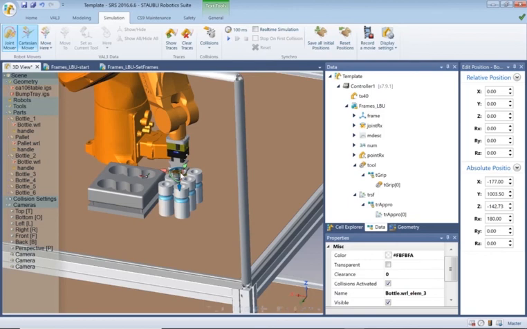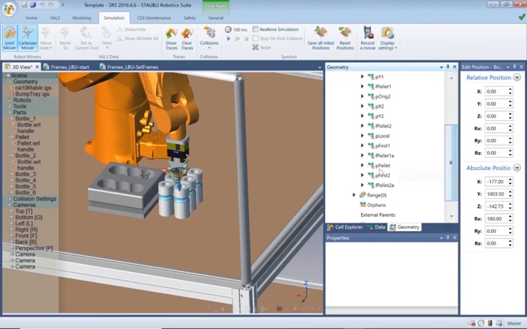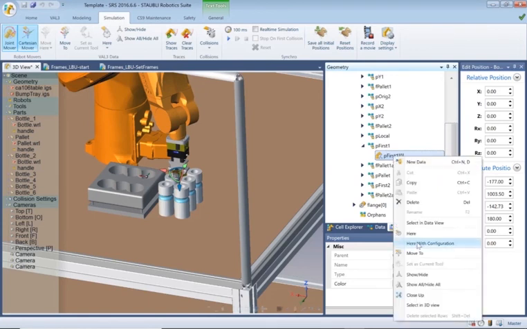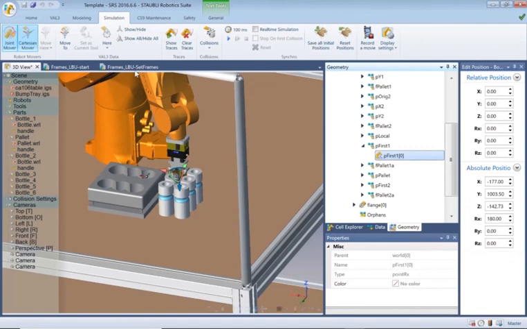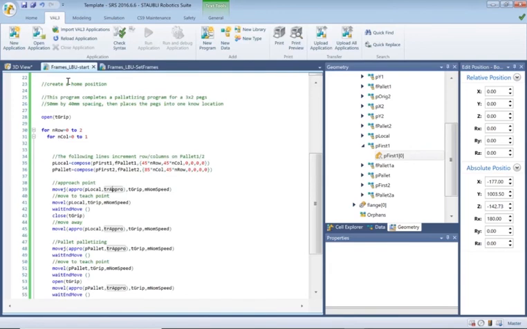Right. Let's go to the geometry tab. Expand the geometry world, and go and find the first position, which is there, and right click and say here with configuration. Okay, so we've got the first point sorted,